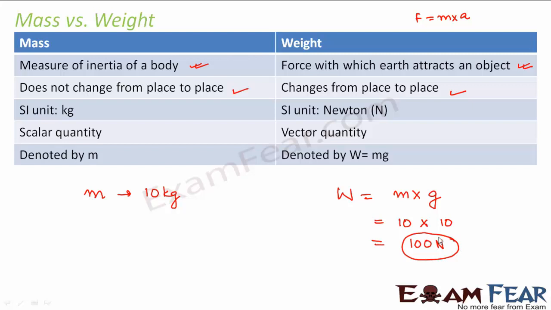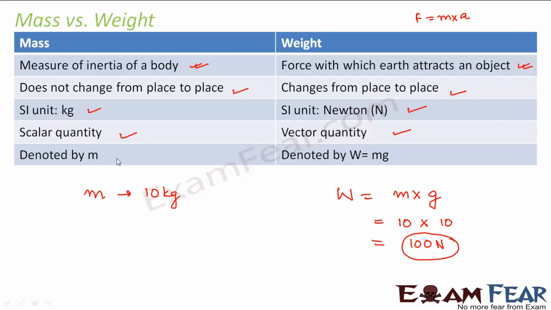Correct? So are you understanding the concept? Whenever I say weight, in science, weight is the force with which it is getting attracted towards the surface of the earth, and mass is actually the measure of inertia of a body. When I talk of the unit to measure mass, it is kg. Unit to measure weight is Newton. Newton is the same as the unit of force. So mass is a scalar quantity. It has nothing to do with direction, but weight is a vector quantity because weight is nothing but a force. So force is a vector quantity, so weight also has to be a vector quantity.